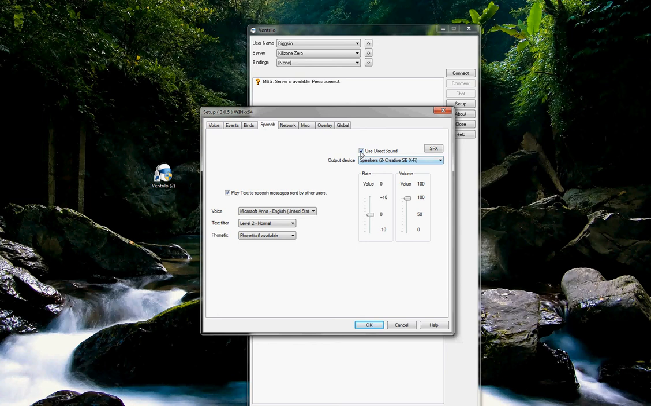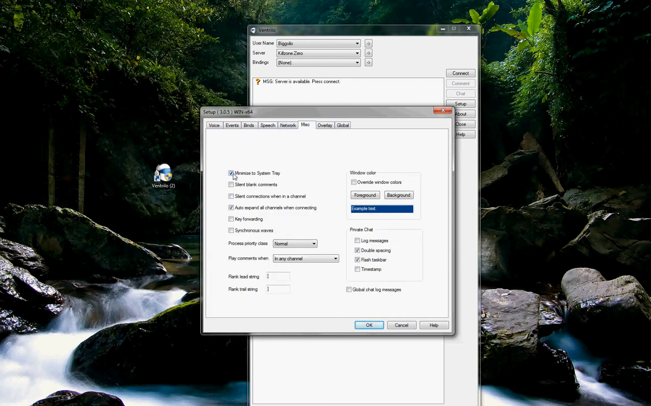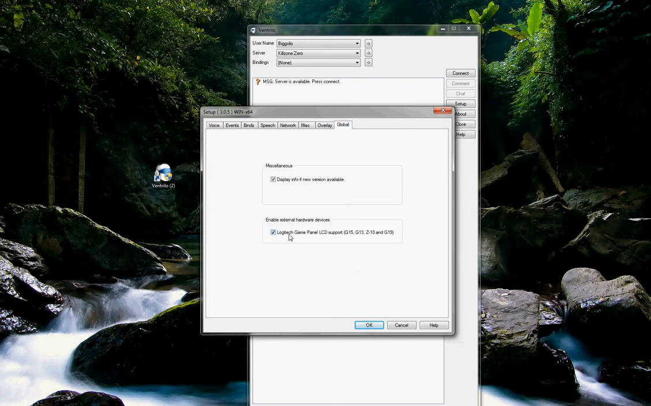Speech, you will need to then checkmark Use Direct Sound and select your device. Default also works. Play text-to-speech messages sent by other users. And select a voice. I'm using Microsoft Anna. Miscellaneous. Some people like minimize the system tray. I do have it enabled. Overlay, global, these things are all optional. Global, if you do have a Logitech G15 keyboard, you will need to check mark this for it to work in your LCD screen. When complete, you will need to then hit OK,